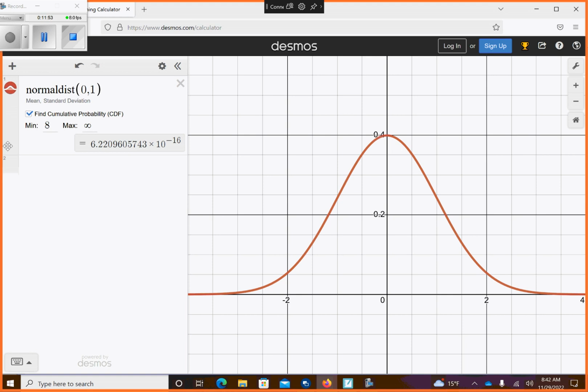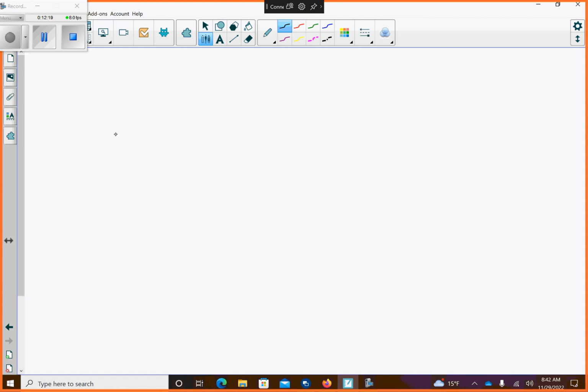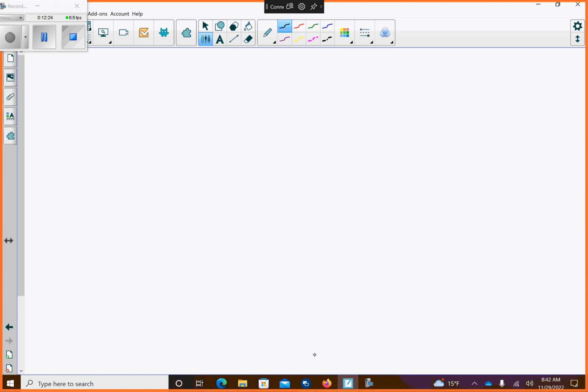Okay. Well, it's to the -16, so if you make it a percent, you multiply by 100, which means it goes from -16 to -14. So this is what this is. What is it? It's 6.22 times 10 to the -16,